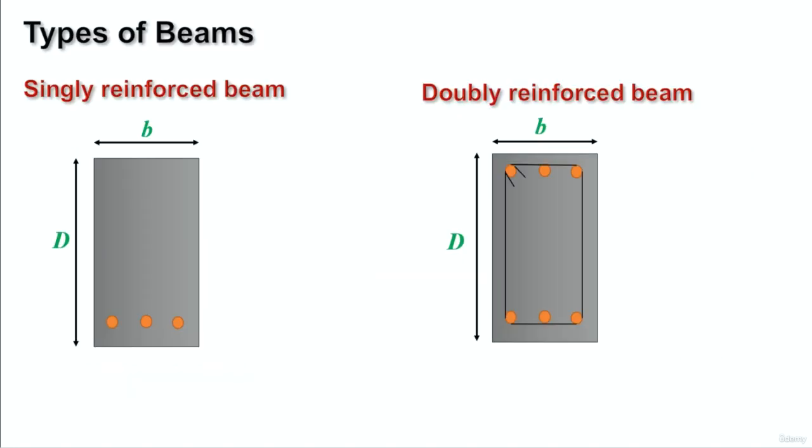Next one is types of beam. Based on reinforcement, we have singly reinforced beam as well as doubly reinforced beam. In singly reinforced beam, the reinforcement is only provided at the bottom. In doubly reinforced beam, the reinforcement is provided at the bottom as well as the top. In beams, we have the tension zone at the bottom and the compression zone at the top. So though it is a singly reinforced beam, we practically provide a minimum number of bars at the top, that is in the compression zone, as well. But in doubly reinforced beam, we have to design the top reinforcement bars according to the top moment in the beam.